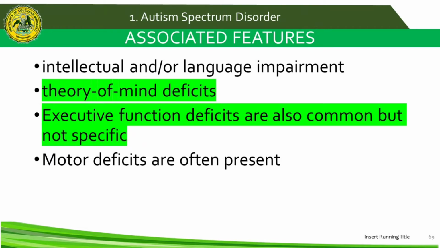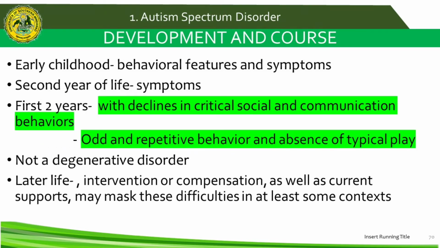So for the development and course, symptoms are typically recognized during the second year of life, that is age from 12 to 24 months, but may be seen earlier than 12 months if developmental delays are severe, or noted later than 24 months if symptoms are more subtle. So first symptoms of autism